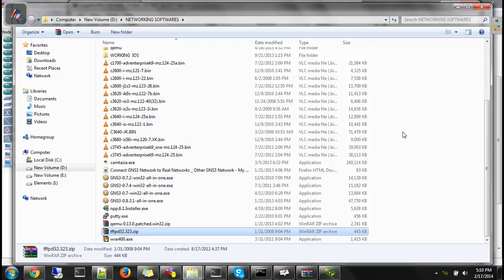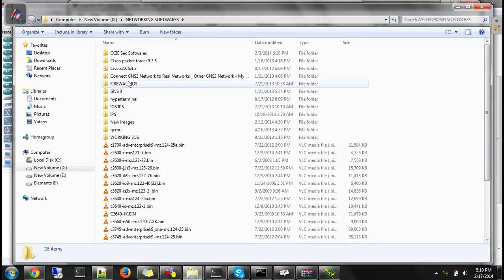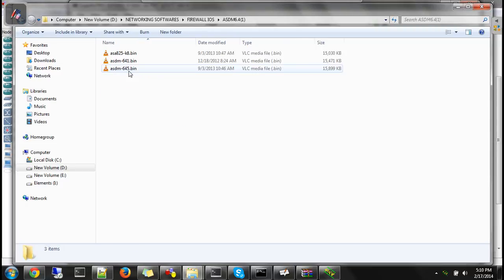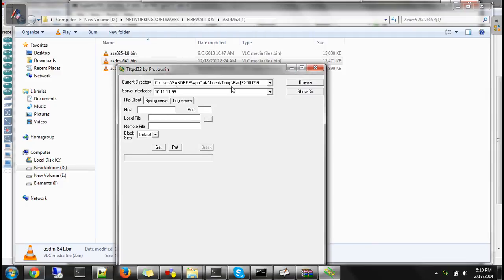Okay, now the file what I want to copy is present here. I want to copy this file ASDM641 bin to the flash so that I can launch GUI. So for this what I'll do is the path here should match this path. So I'll set this path. I'll go to browse.